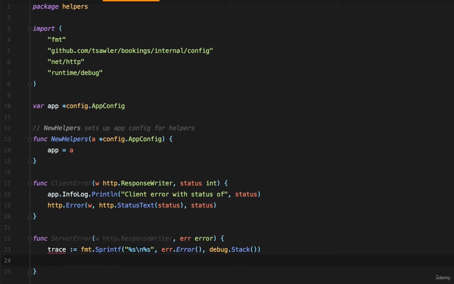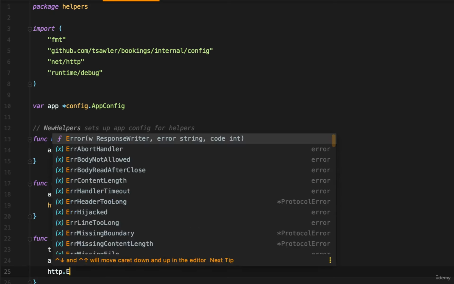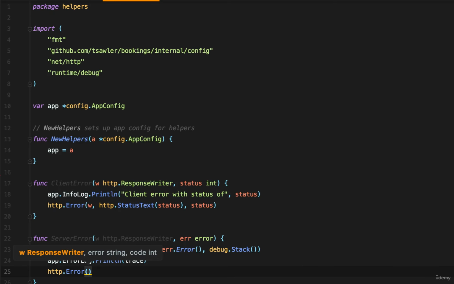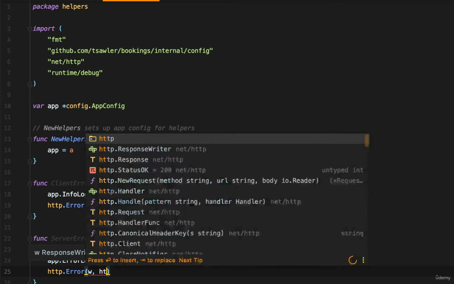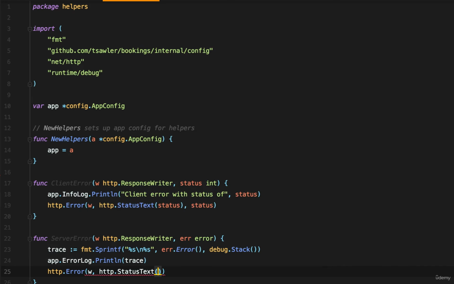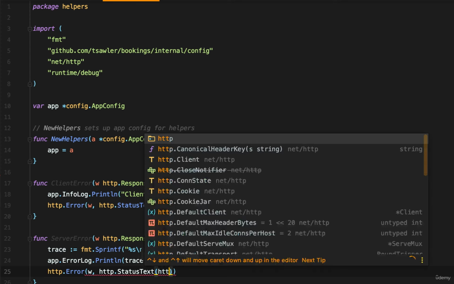But for right now, let's just write this error log to the window. app.errorLog.Println, and I'll write my trace. And then I need to give some kind of feedback to the user, which is why I'm actually having this response writer here. So let's again call http.Error, and it wants a response writer, which I have. We want the status text. In this case, the status text is internal server error, but I'm going to be absolutely technically correct and use the http.StatusText function. And what I'll pass it is the code for an internal server error,